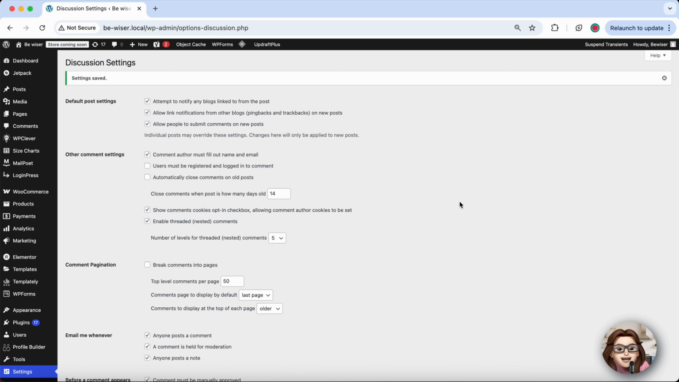And that's it. You've successfully enabled comment moderation in WordPress. From now on, you'll have full control over your comment section, helping you maintain a clean, professional, and engaging space